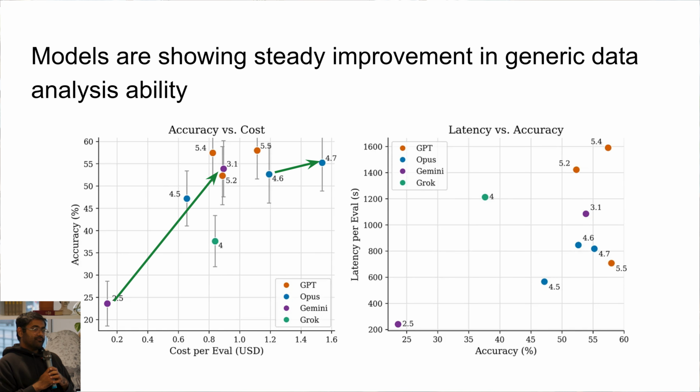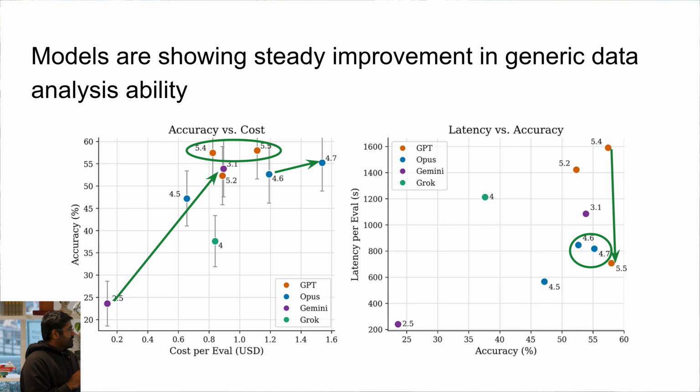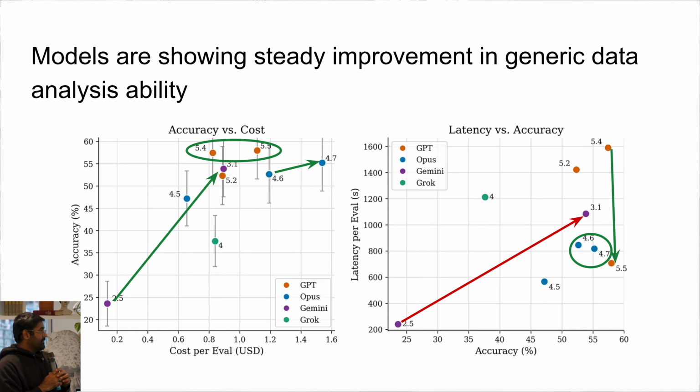We also saw a moderate improvement in Opus's data analysis skills, and GPT was comparable between 5.4 and 5.5. And in terms of latency, we saw that there was a nice jump in the latency versus accuracy trade-offs for GPT. Pretty much similar for Opus between Opus 4.6 and 4.7, but then we also saw that the latency did go up by a lot for Gemini. But then this needs to be taken into consideration along with the accuracy that these models were able to bring in.